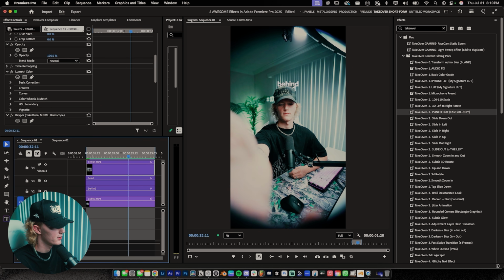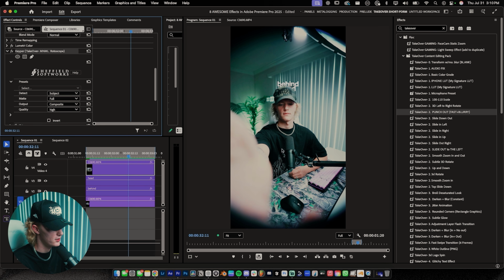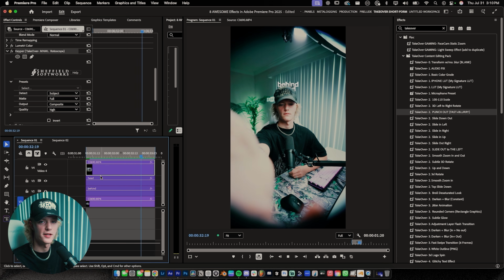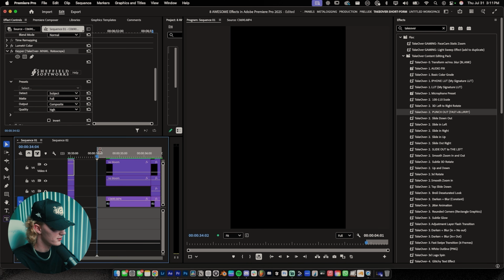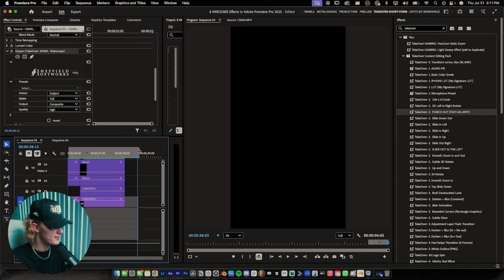Again, I use Keeper for my keying. You guys could go ahead and use masking, whatever it is. Keeper is really, really dope. I actually don't get paid to promote Keeper, but it is an amazing plugin and it saves me so much time. Okay, sweet. So now we are on the last effect,